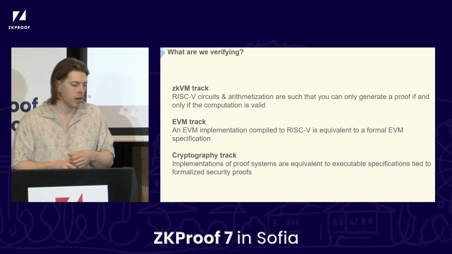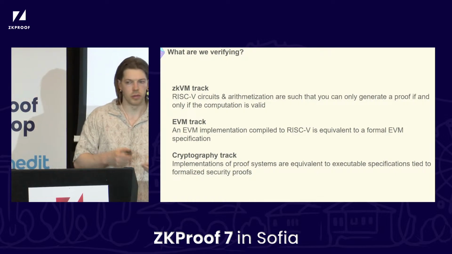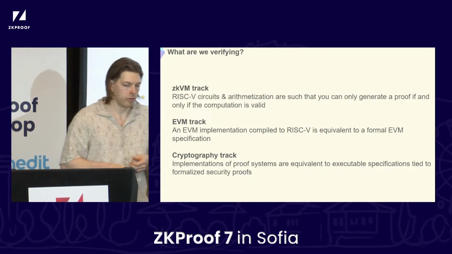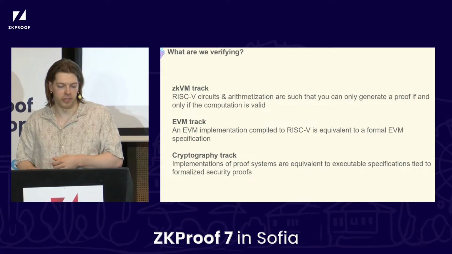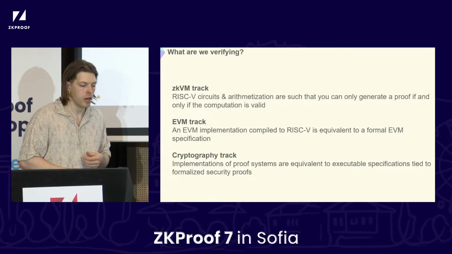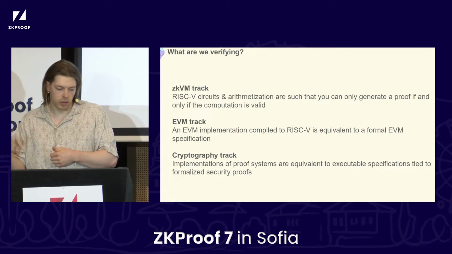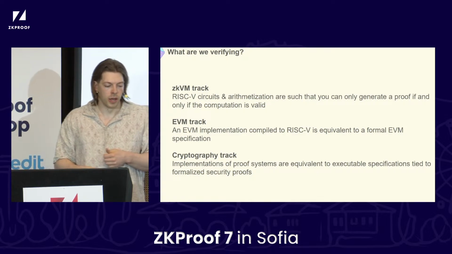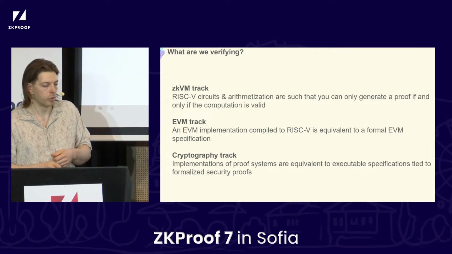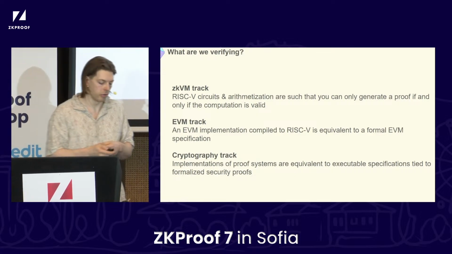You've got the EVM track. This one I think is also fairly straightforward. We have many implementations of the EVM, maybe only one in Rust so far that runs on zkEVMs, but we expect that to expand in the future. The key thing is to make sure that if we are going to have formally verified zkEVMs on which an EVM is running, we also have EVMs that are bug-free. For that, we'll be checking that if you take an EVM and compile it to a zkEVM, most likely a RISC-V zkEVM, then that compiled EVM actually matches the behavior of a formal EVM specification, and we're fairly lucky to have a couple of EVM specifications that we can already use.